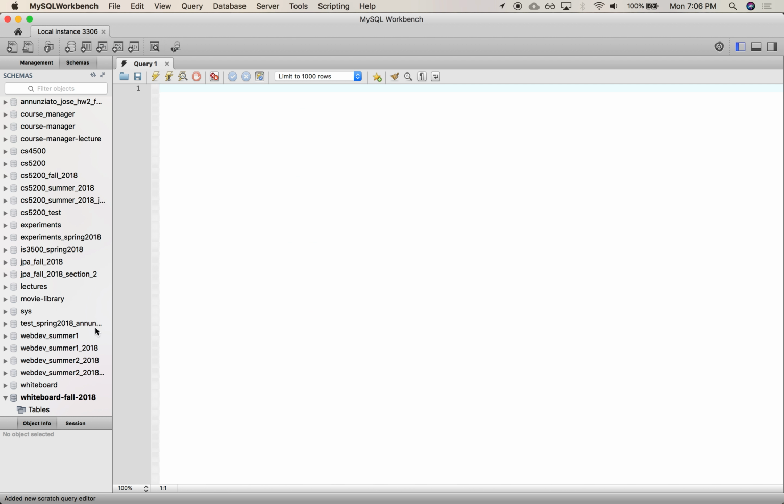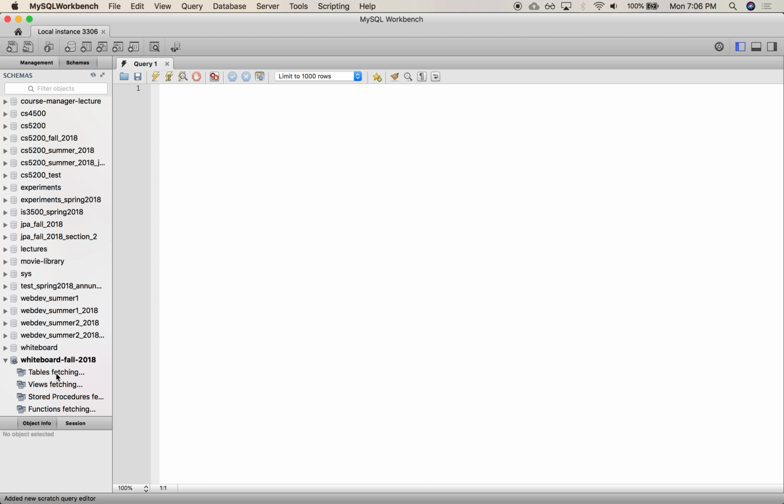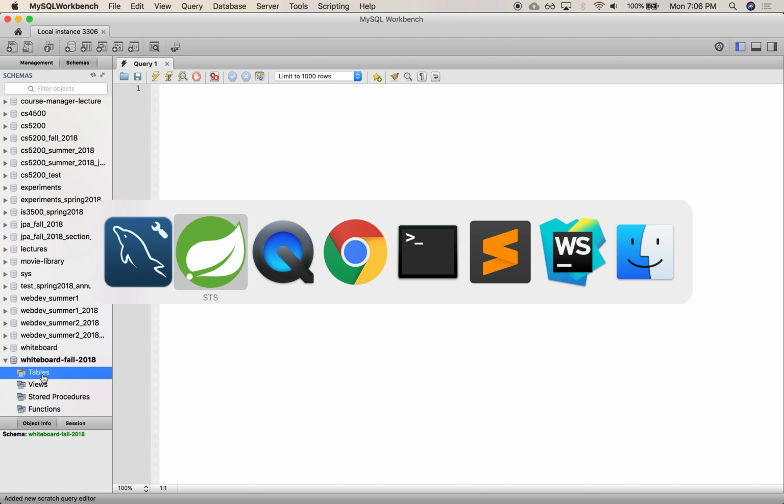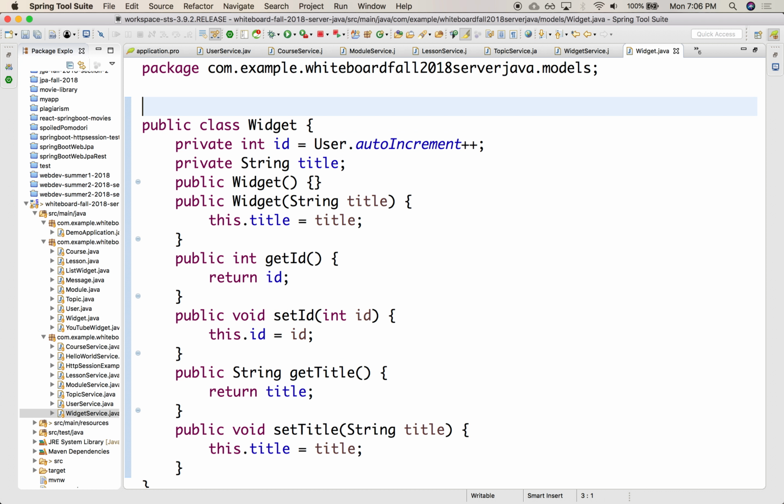Close, okay, excellent. All right, so there's no tables, there's nothing there right now. Let's create our very first table. But we don't want to do SQL, right? We don't want to handle SQL whatsoever. So instead, we're going to use the JPA library. We're going to annotate this as an entity,